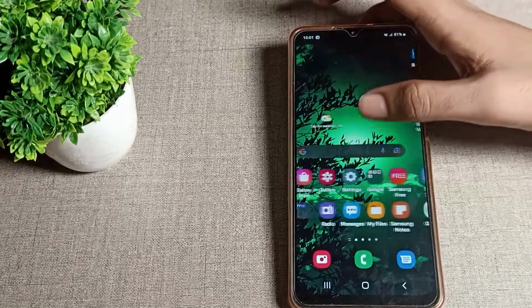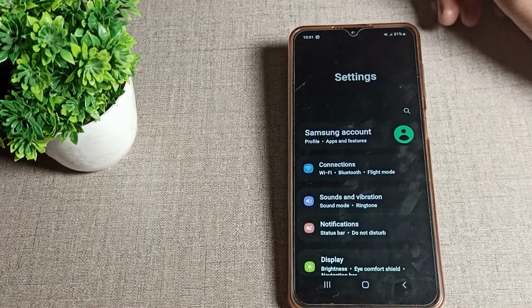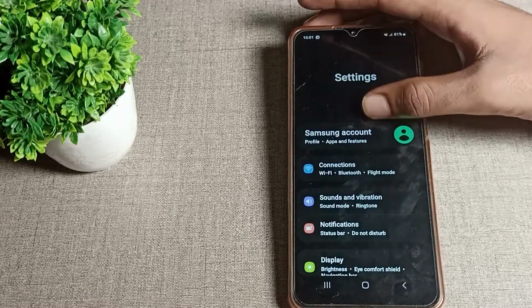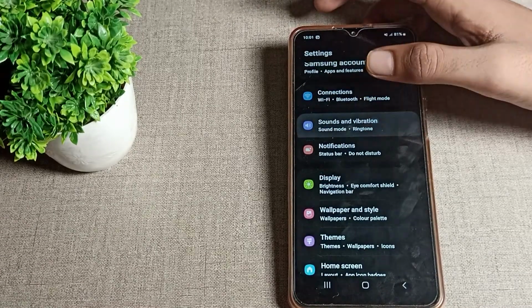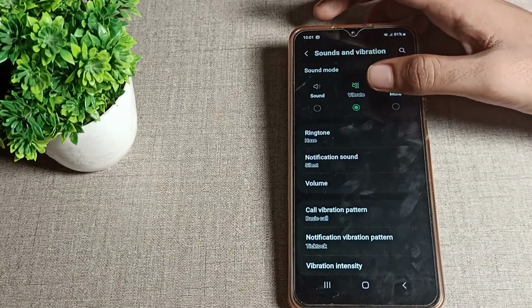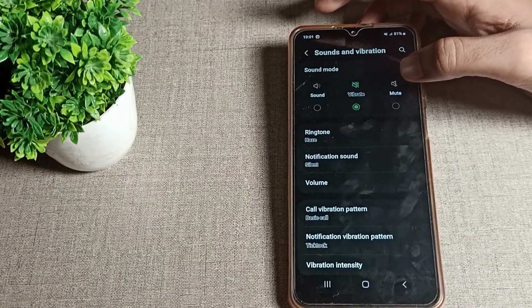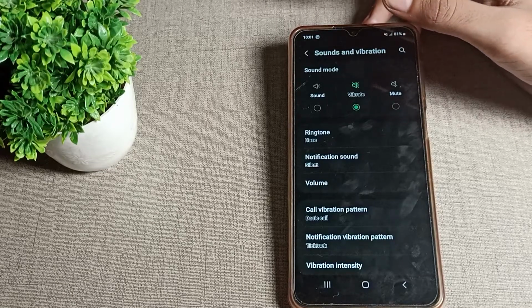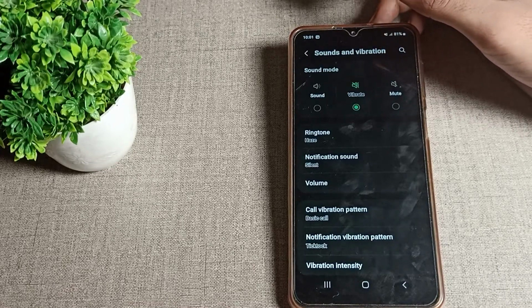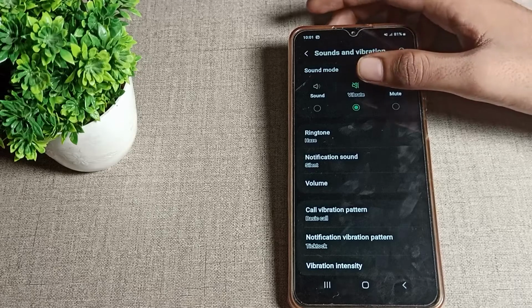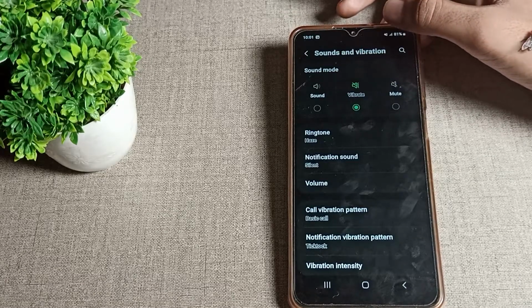So you open your phone settings to disable your vibrate mode setting. Then scroll, friends, you can see Sound and vibration. Tap here. Friends, you can see your sound mode setting, mute. If you want to enable the mute option, or if you want to enable the sound mode setting, you can enable it from here. And then how can you disable your vibrate mode setting, and how can you remove this icon on your